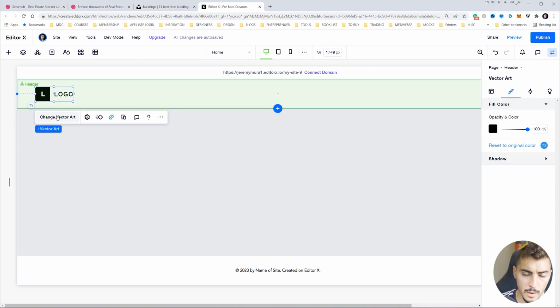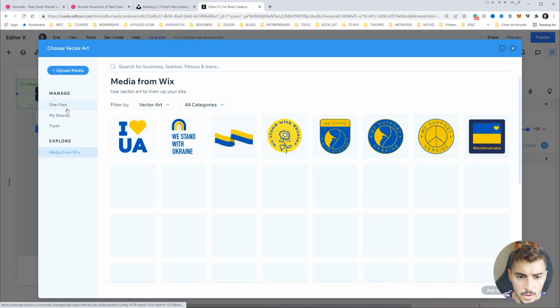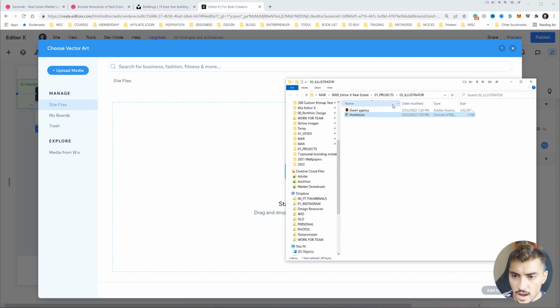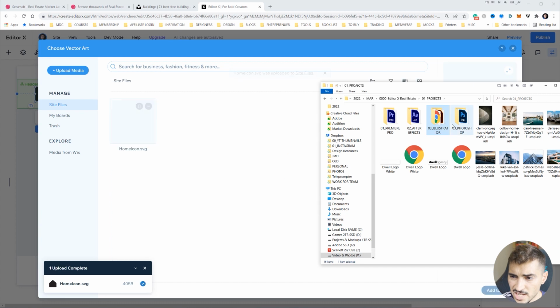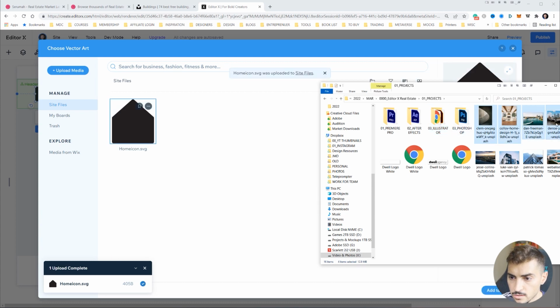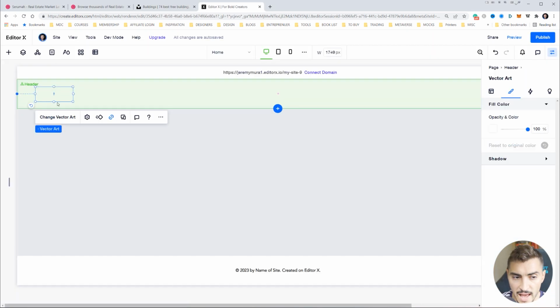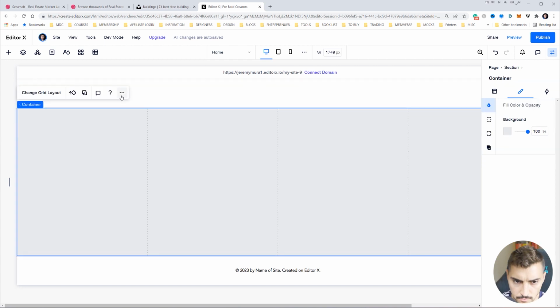Now, for the logo, I'm going to go ahead and change that. And I'm going to upload the files that I have from here. So I've got an icon here. And this is the media manager. It makes it really easy to just drop photos into here. So I'm going to go ahead and add the SVG white here. So you can see it's currently in there. And I just need to make the background go transparent over this